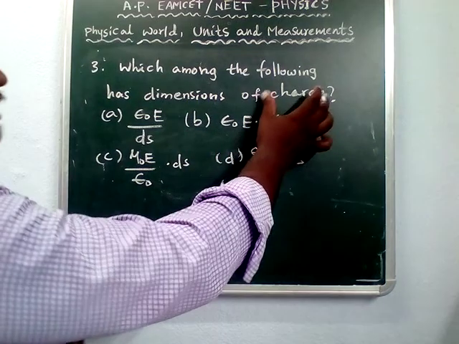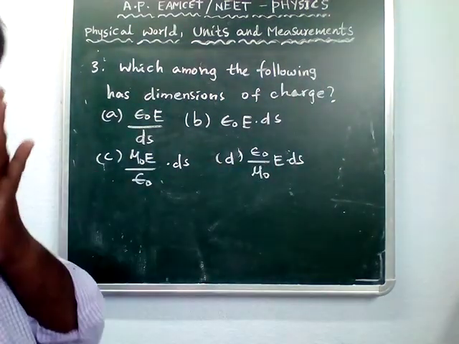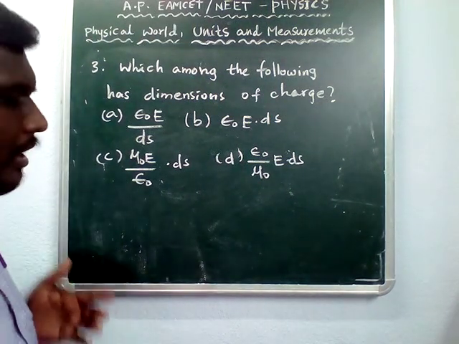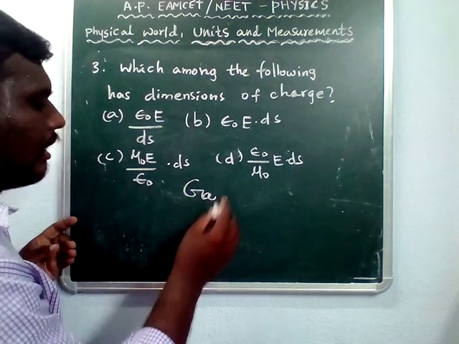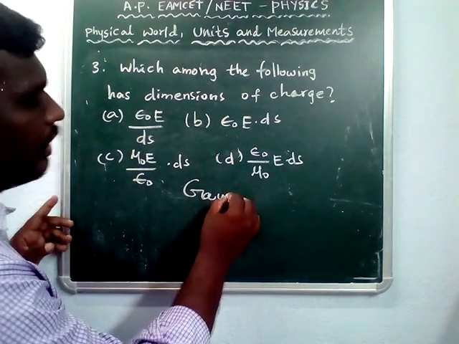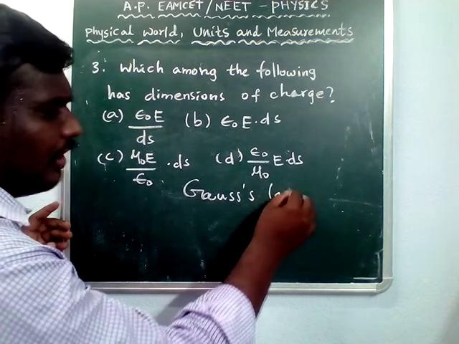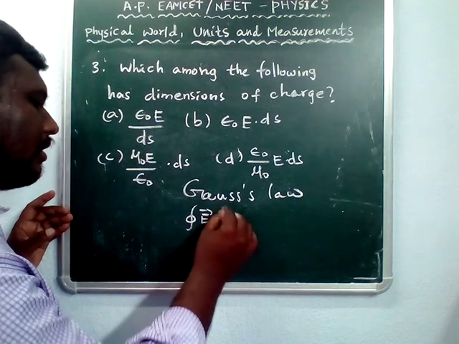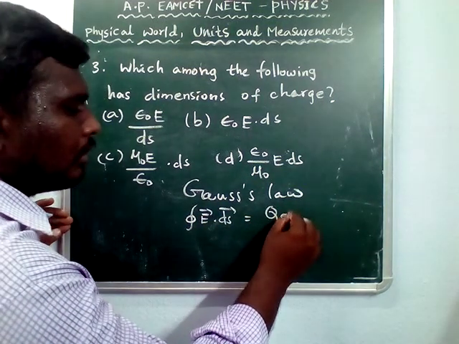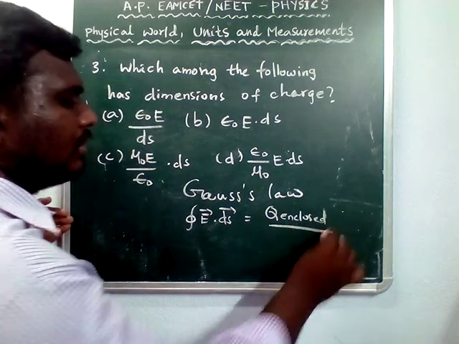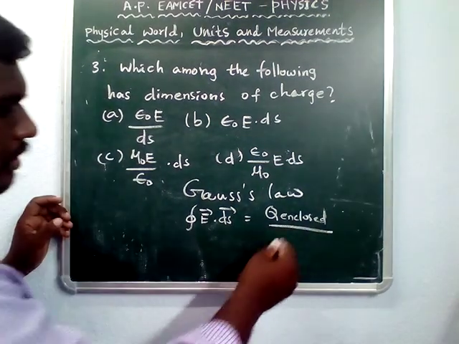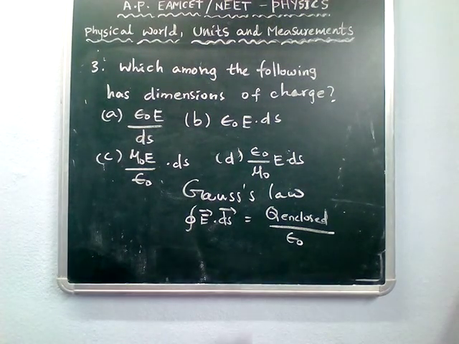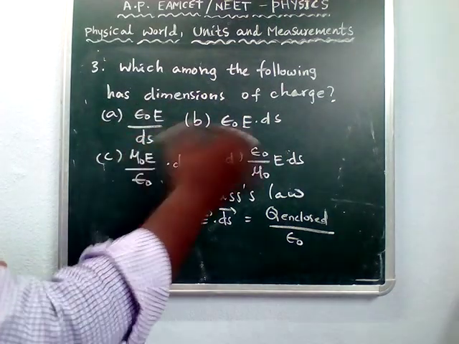So if you want to find the charge value, understand? In this relation you can determine the charge. What about the electric field and Gauss law? Electric field, so we apply Gauss law. According to Gauss law, the closed integral of E vector dot ds vector is equal to q enclosed, that means total covered charge, divided by epsilon naught. That is Gauss law. If you determine the q value in this formula, you can match any option.